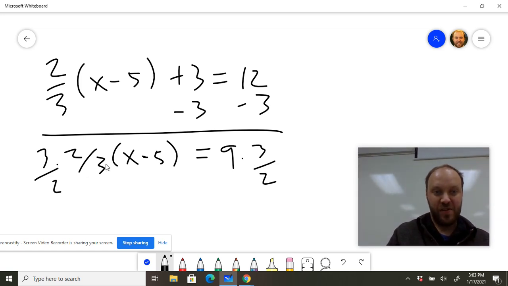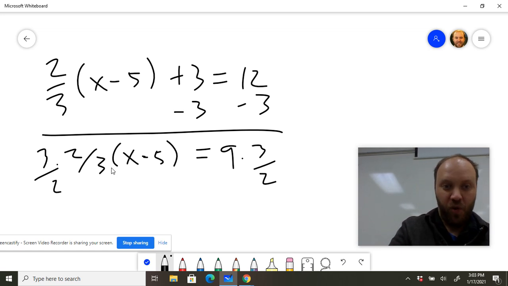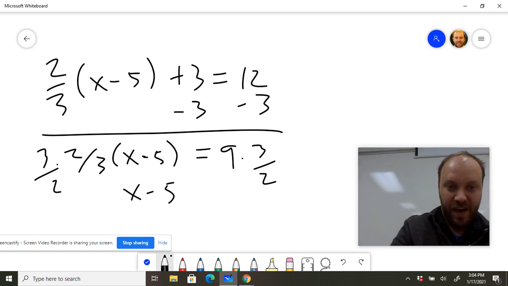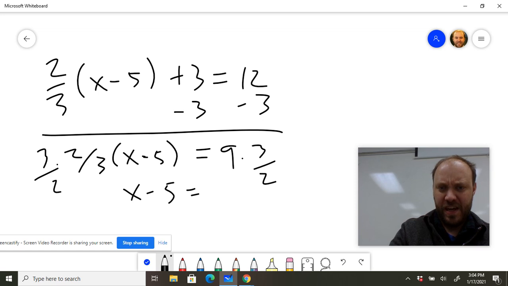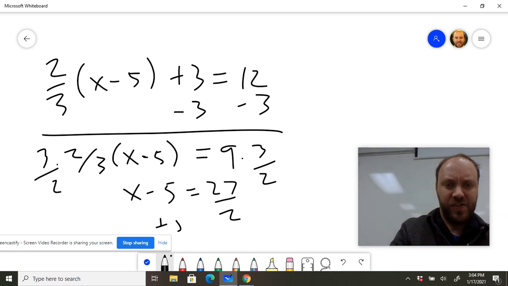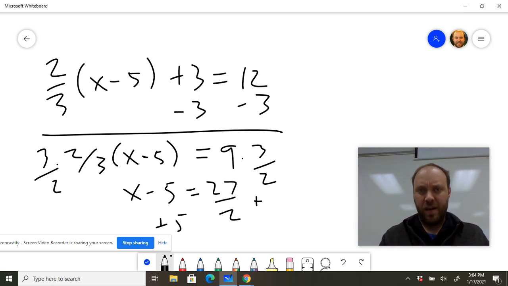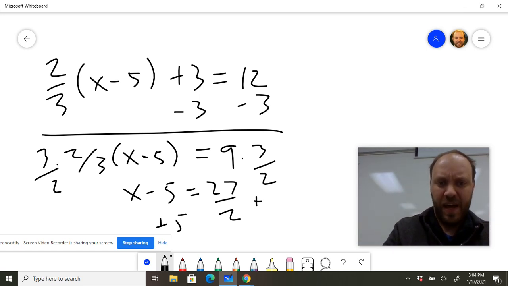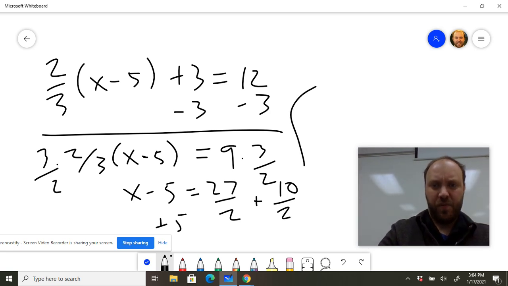So 3 halves times 2/3 gives me 6 over 6, which is 1. That leaves me with just an x minus 5 is equal to, and that's going to be 9 over 1 times 3 over 2 is going to be 27 over 2. Okay, we add 5 to both sides. And 5 as a fraction, we need it in halves, right? So we're going to double that, and we're going to write that as 10 over 2. And so it looks like we're going to end up with an answer of 37 over 2,